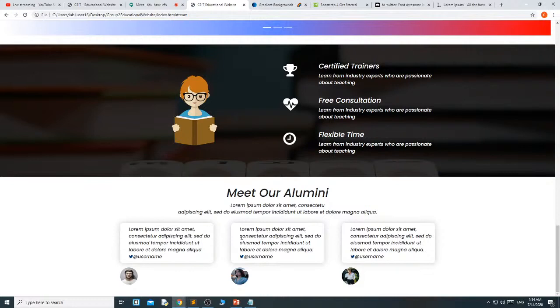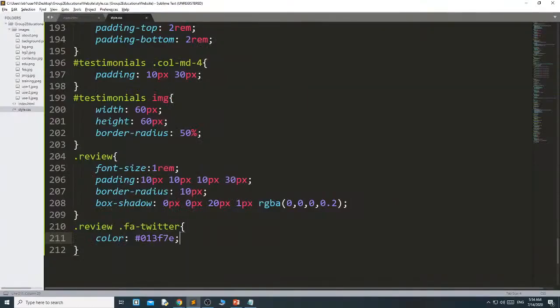If you want to make it big, then you can make it big, but I don't want to change the size of this particular icon.